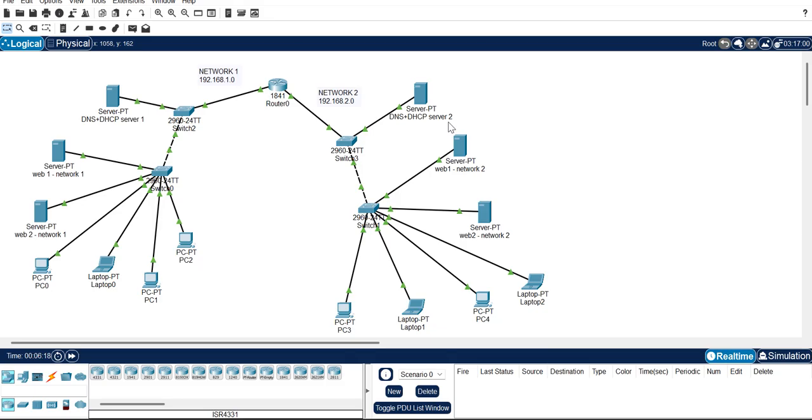So basically, as I've already told, the DHCP servers in both the networks would assign the IP addresses to the end devices such as the laptops and the computers that can be seen, which would save us time, we won't have to do manual configuration. Statically we won't have to assign IP addresses to both the networks.